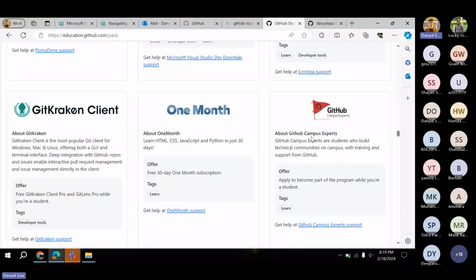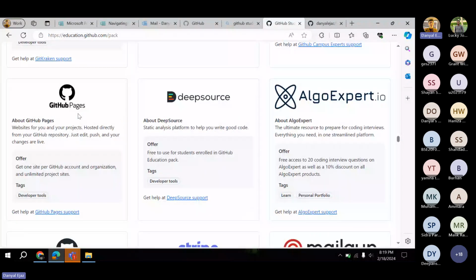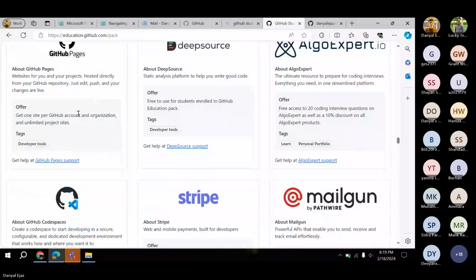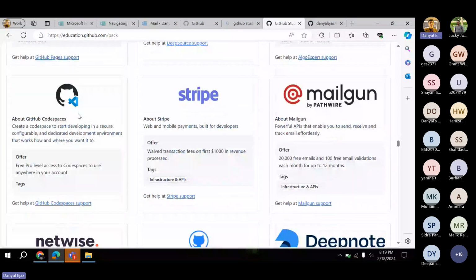You get access to 1 month HTML, CSS, and JavaScript and Python in just 30 days. Similarly, GitHub Pages allows you to host your portfolio on the GitHub Pages website, and similarly DeepSource and AlgoExpert, and you will be provided with GitHub Codespaces. Also, it is an amazing feature. You can create a codespace and start developing in a secure, configurable, and dedicated development environment, like in